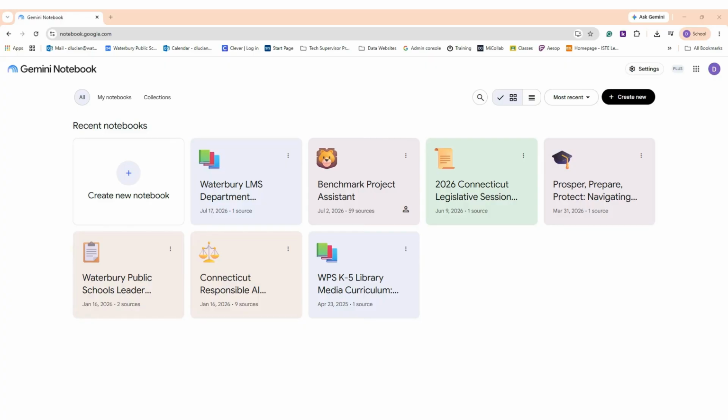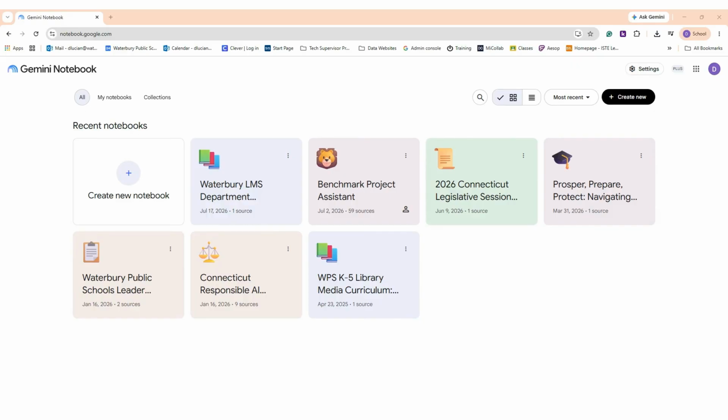Hey everybody. So today I wanted to quickly go over Gemini Notebook, also known as Notebook LM. This is a great tool for creating a library of information, and then eventually you can actually have AI create certain pieces of or lesson plans. You can have it write letters for you. What I really like is it actually can create materials for your lessons,